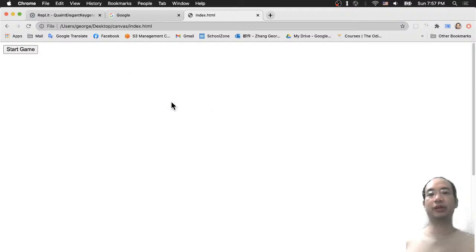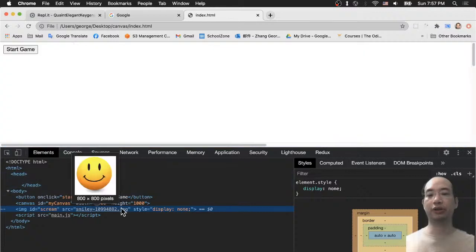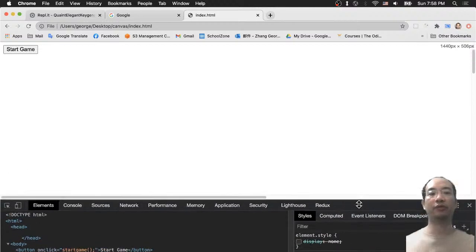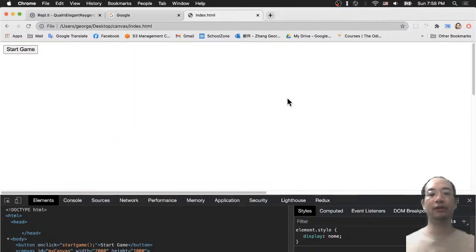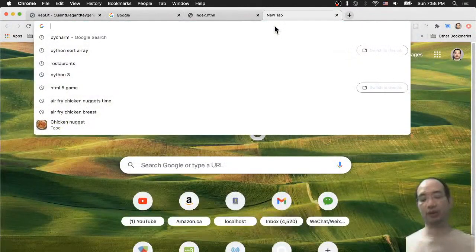If you do inspect, you see the image is here, but you can't see it because I have the CSS property called display none. If you remove the display none, it should show up here. But if you have the display none, there's nothing here. We just use this CSS property to display or not display. Like last week I told you, you can go to the game